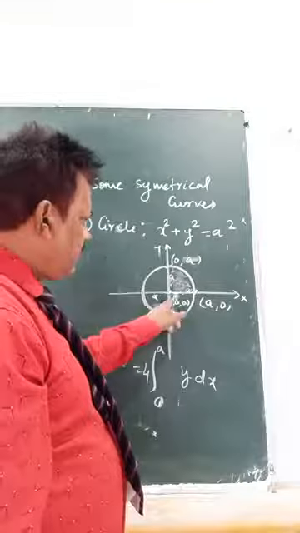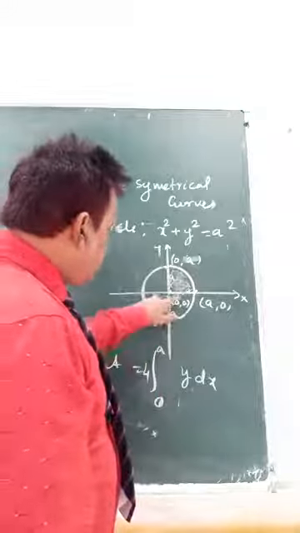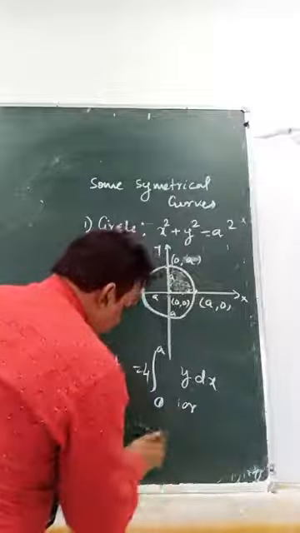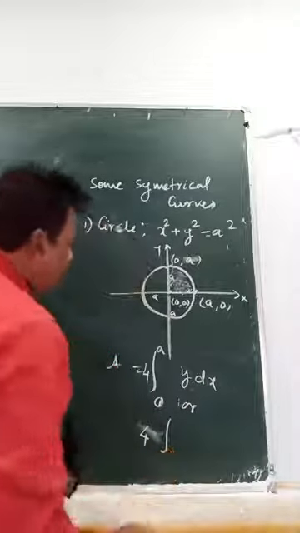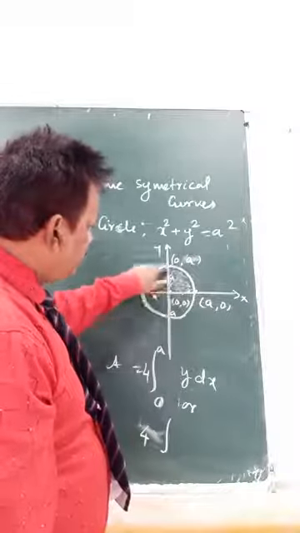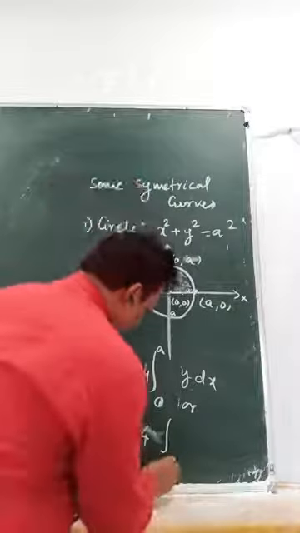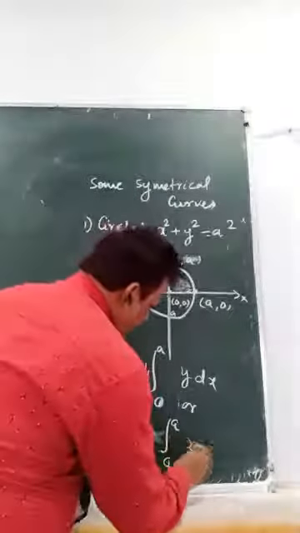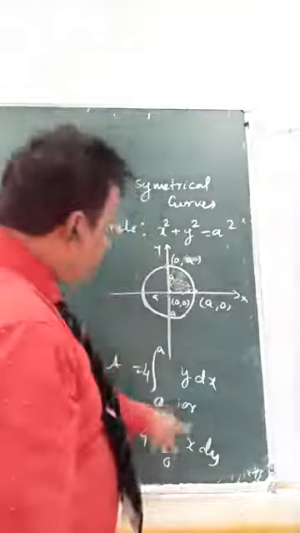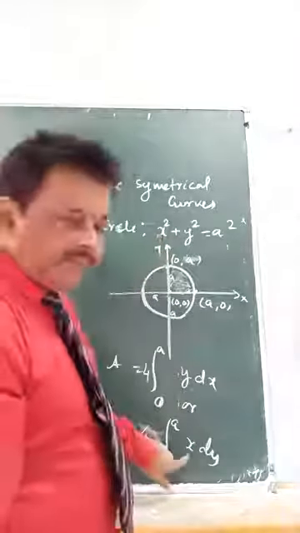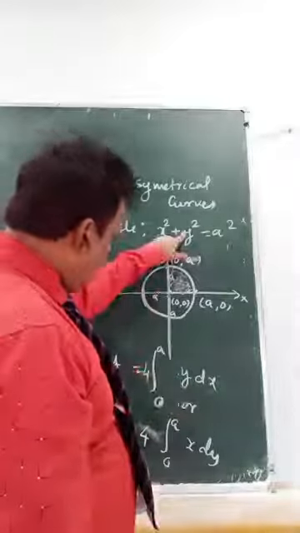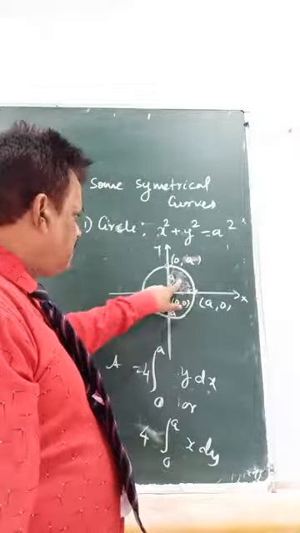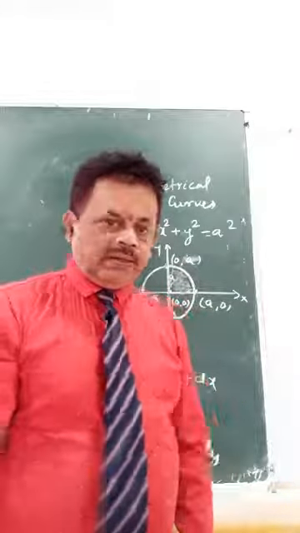This is closed with which one? The x axis. Also this is closed with your y axis. Or 4 times, limit again 0 to a. But if you are taking with the y axis, you have to write x dy. What does x dy mean? x you have to find from here, put here. y dx means y you have to find from here and put here. So symmetrical here, find for one part, multiply by 4. Okay. Now